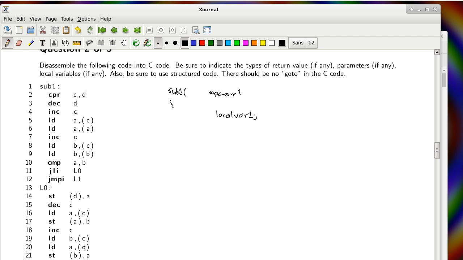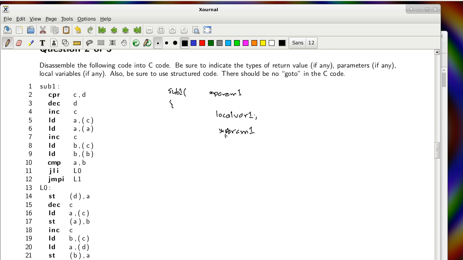And then we know that we are dereferencing param1, from line 4 to line 6, we're dereferencing param1. Don't know what I'm using it for, but I know I'm dereferencing it. So I'm going to write it down here. So I'm doing something with the value that pointer 1 is pointing to. So now I'll continue to read the code,